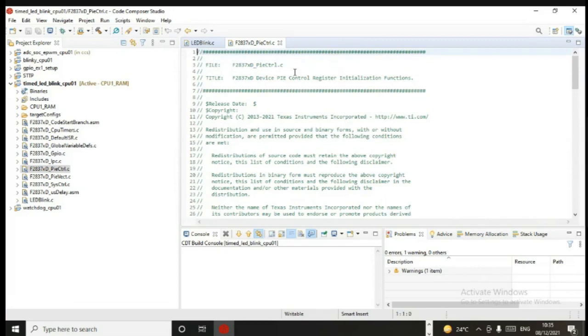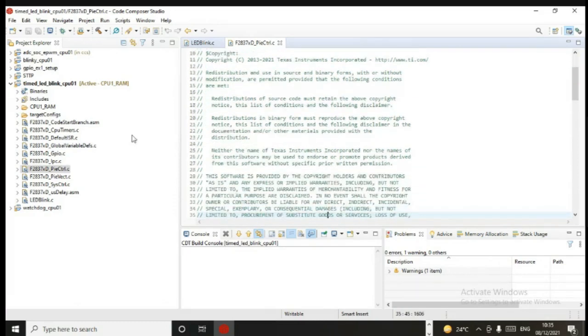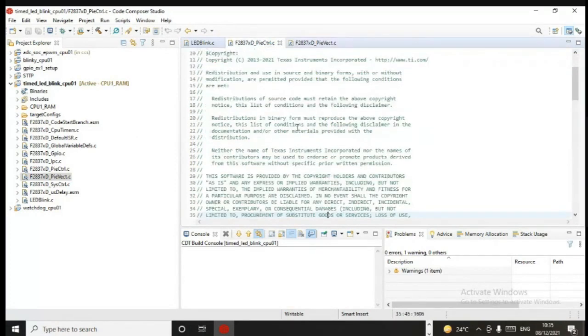So pycontrol.c is a peripheral interrupt expansion, as I said yesterday. So whatever the initialization of that particular pycontrol register, okay, it is necessary if you are using interrupt in your algorithm. So this pycontrol register and your pyvector register, you need to initialize in order to run any particular interrupt. First, if you go to pycontrol.c,